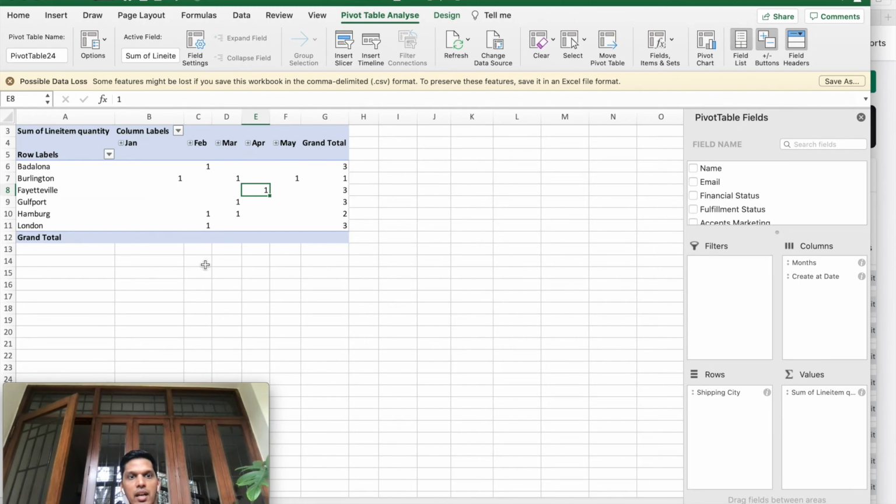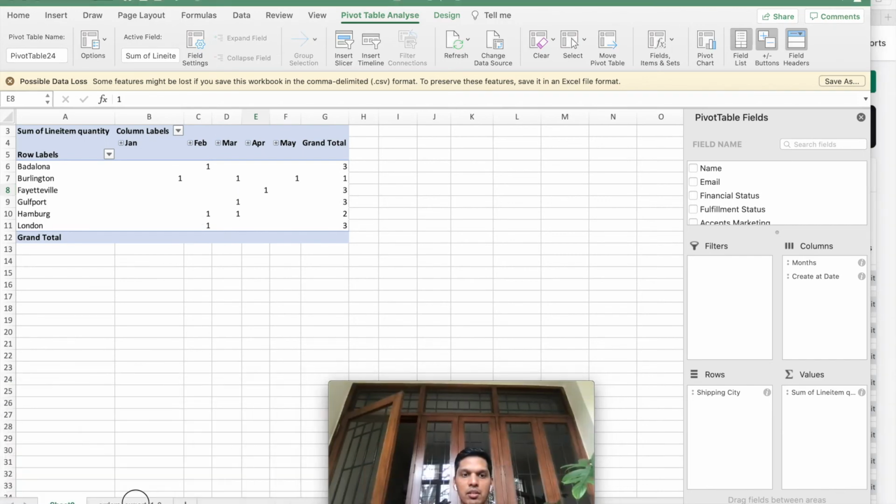So now we can see that in Jan, the number one rank was Burlington. In May the number one rank was Burlington. In April, the number one rank was Fayetteville, and in Feb, the number one ranking was shared by Barcelona, Hamburg, and London. So this is actually useful if you have, in this case, this is a dummy store, so the data is limited.